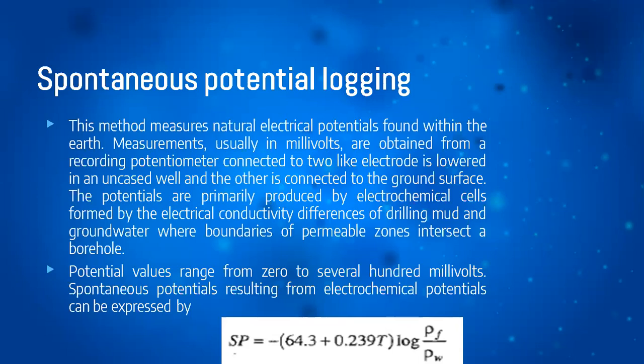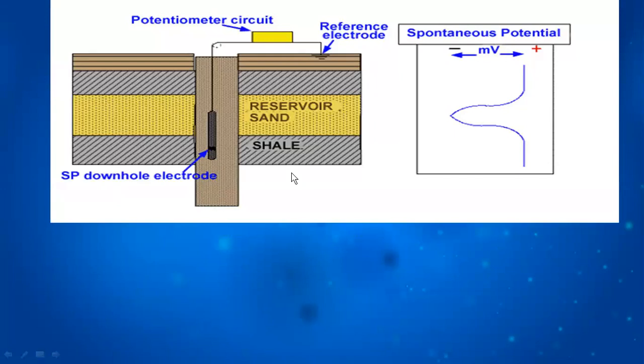So here the resistivity and hence salinity of groundwater can be determined by using the spontaneous potential log. See here the diagrammatic representation. If the spontaneous potential varies with the depth of the particular formation, in sand the potential value decreases, and in shale the potential value increases. So here both shales are present at the top and bottom. Okay, so the same curve is shown here.